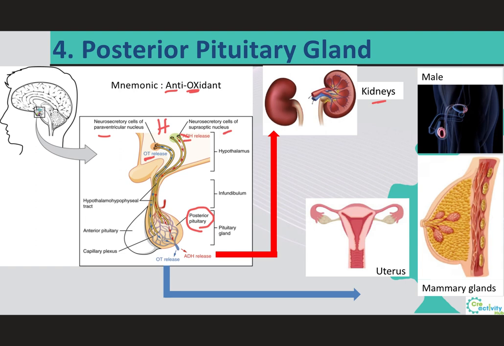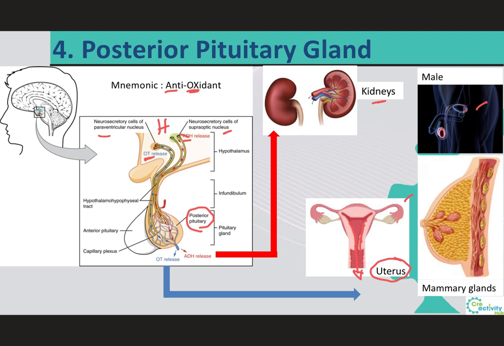Next, we have oxytocin, which will have an influence in females and in males. Oxytocin is the love hormone or the cuddle hormone. There are several studies that show the importance of this hormone being released right before labor. It is the hormone that will help the bonding between the mom and the newborn. Therefore, in females, it will stimulate contraction of the uterine smooth muscle to help in the labor and delivery process,